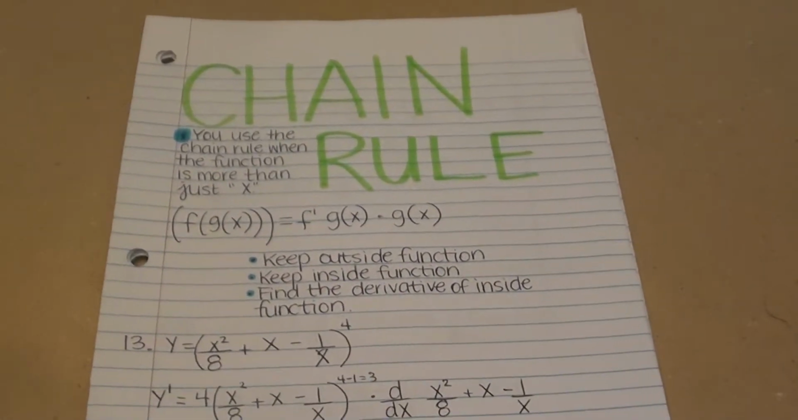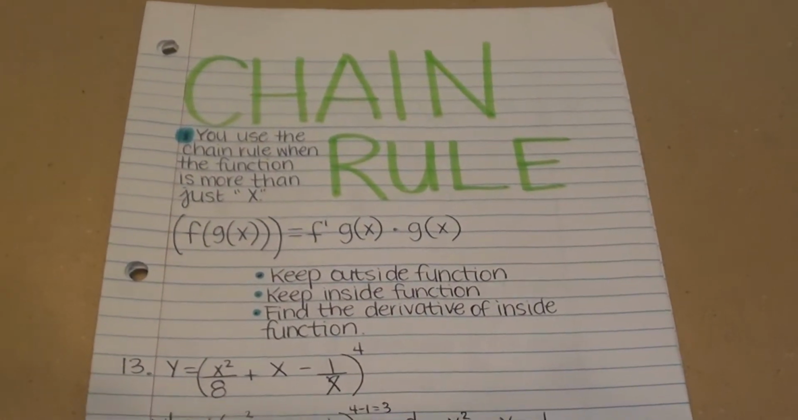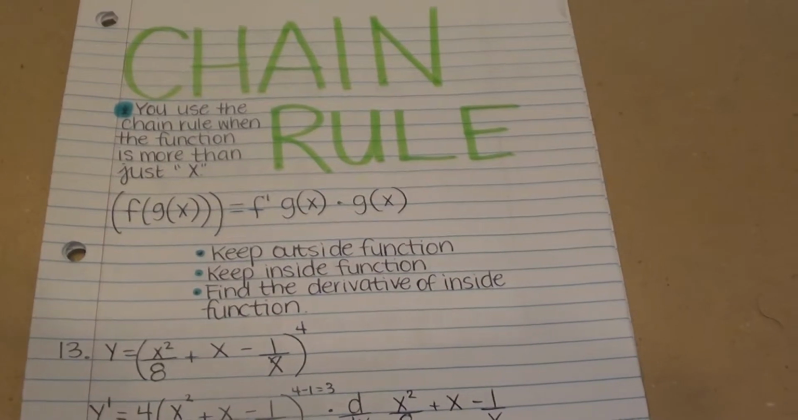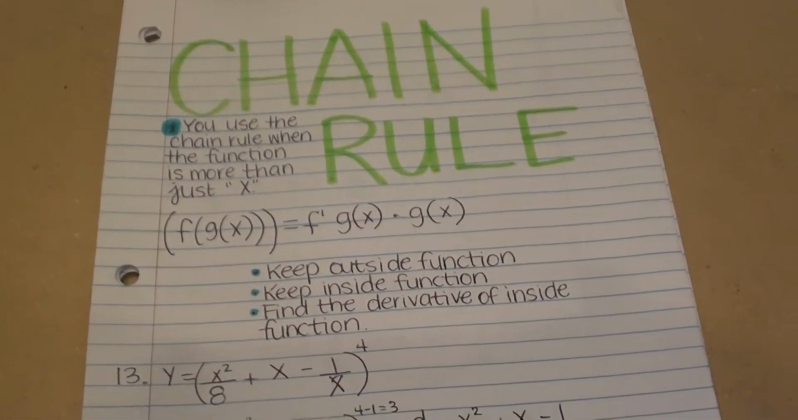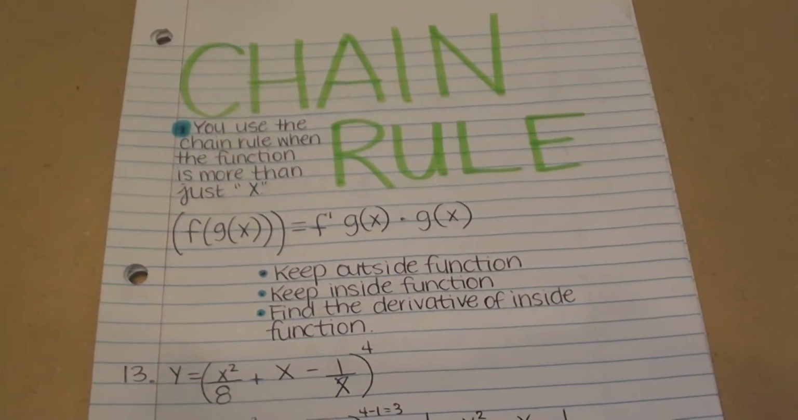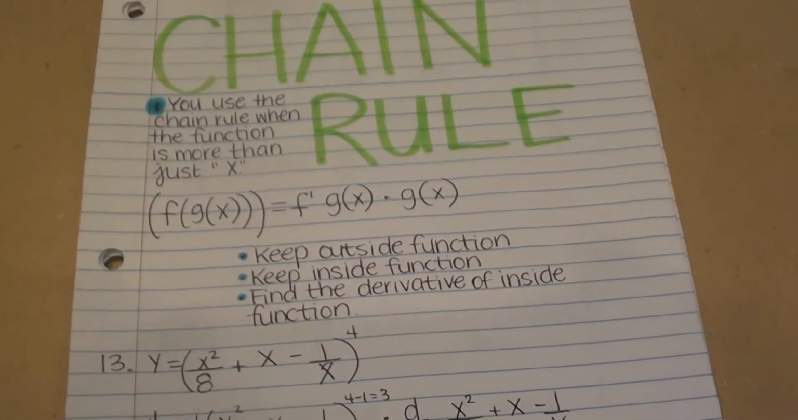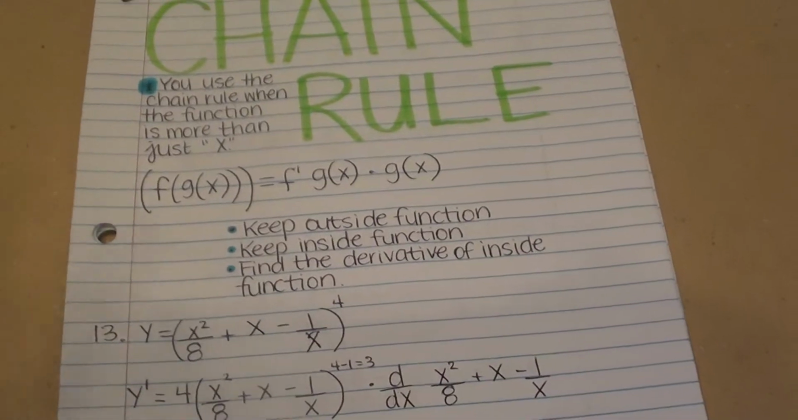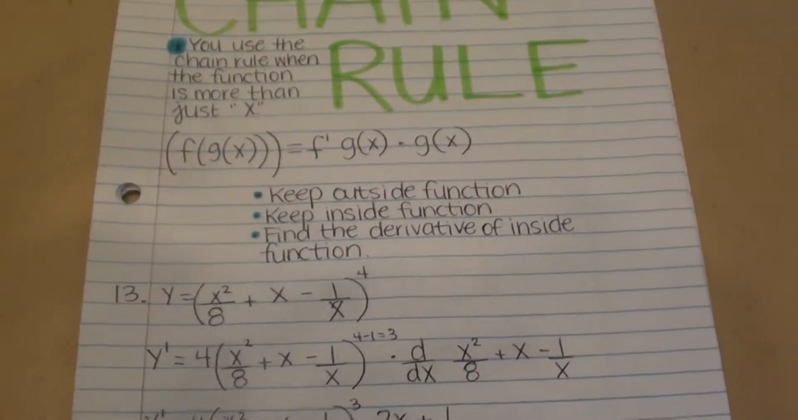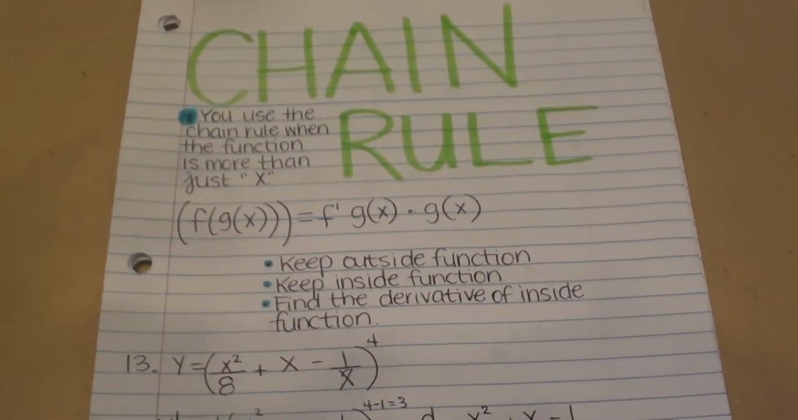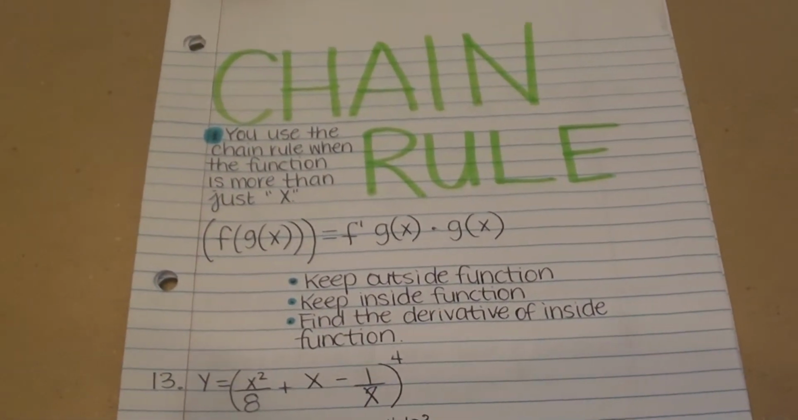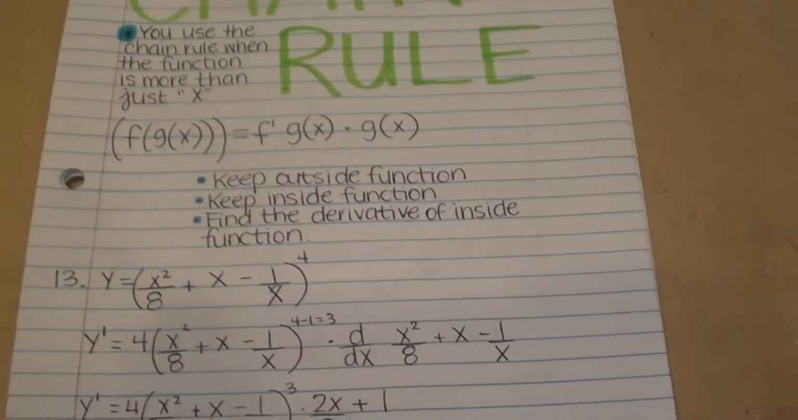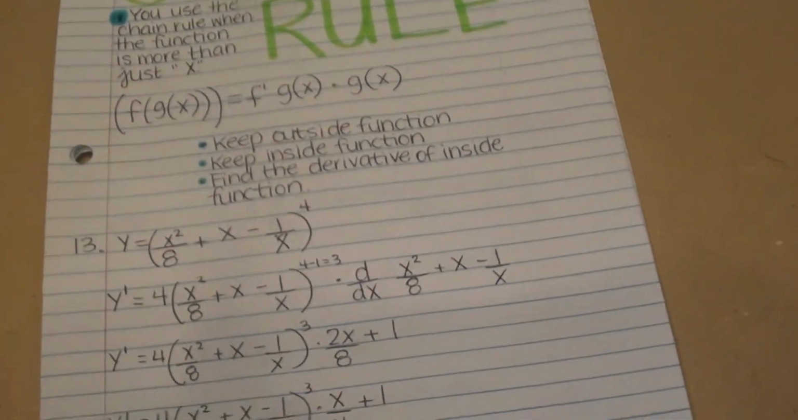Okay, next we're going to do the chain rule. You use the chain rule when the function is more than just x. So you see here, f of g of x equals f prime of g of x times the derivative of g of x. So basically what you're going to do is keep the outside function, keep the inside function, and find the derivative of the inside function. So number 13 of